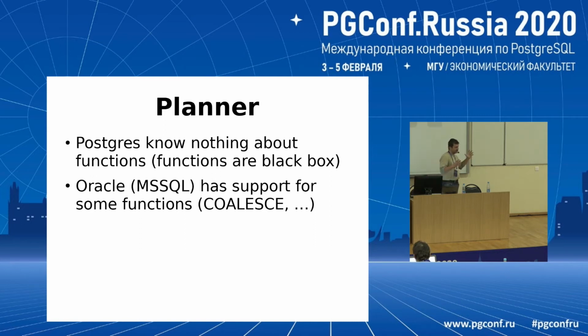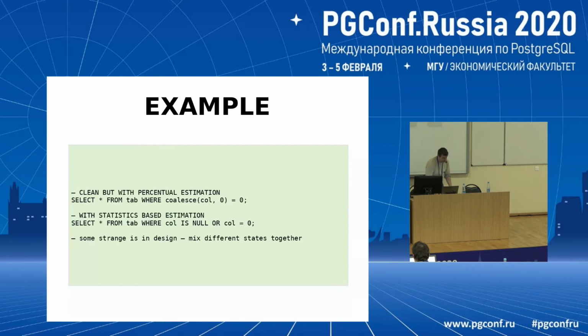But Postgres knows nothing about what is inside a function. So, for example, when you use SELECT * FROM tab WHERE COALESCE(col, 0) = 0,